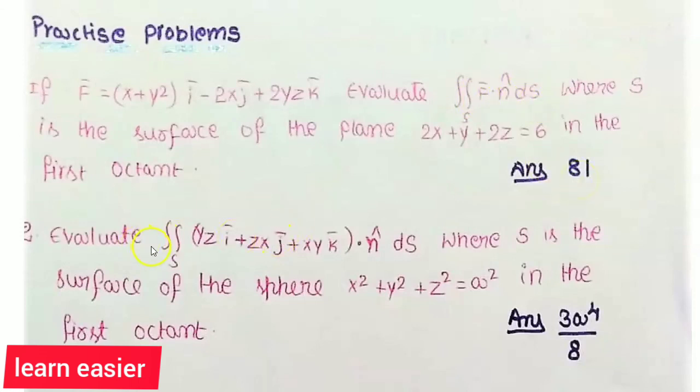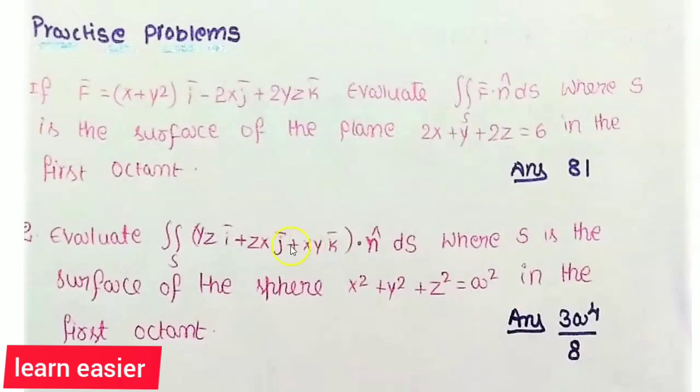And the next problem is: evaluate the surface integral of yz into i bar plus zx into j bar plus xy k bar dot n cap ds, where s is the surface of the sphere x square plus y square plus z square equal to a square in the first octant. The only difference between these two problems is that here it is the surface of a plane and here it is the surface of a sphere. You have to follow the same steps, that is, find the normal vector n bar, and then the unit normal vector n cap, which is del phi by mod del phi,